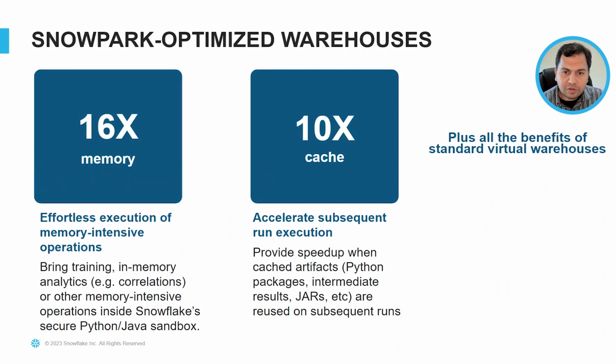The first one is called Snowpark Optimized Warehouses, which is a special warehouse type with disproportionately large amounts of RAM and local disk. What this means is that if you have high memory analytics use cases that can't properly fit or function in a standard warehouse, a Snowpark optimized warehouse will likely address that. This includes things like ML training on large amounts of data. It includes things like